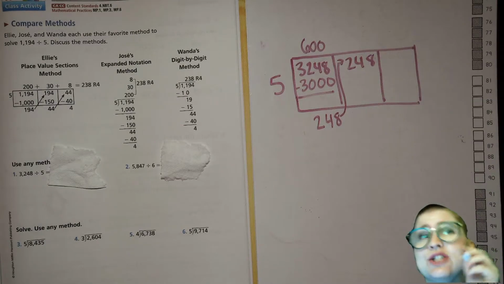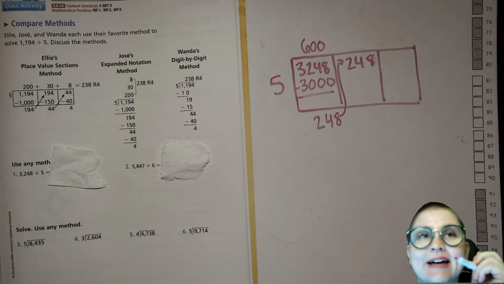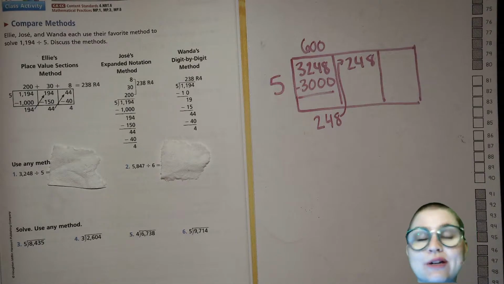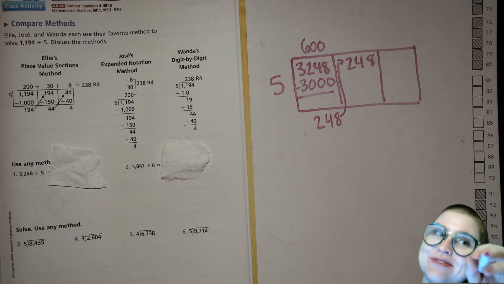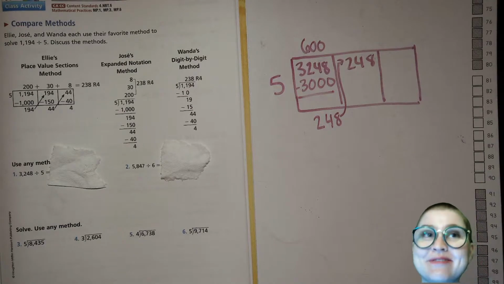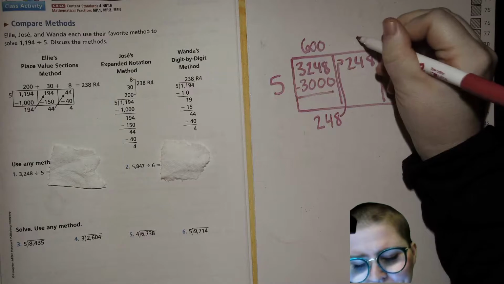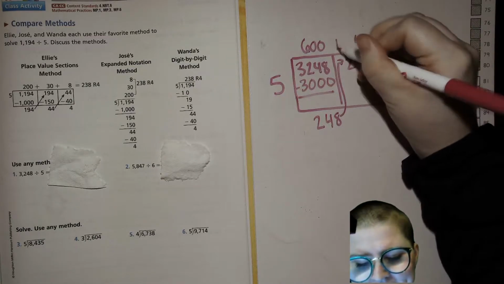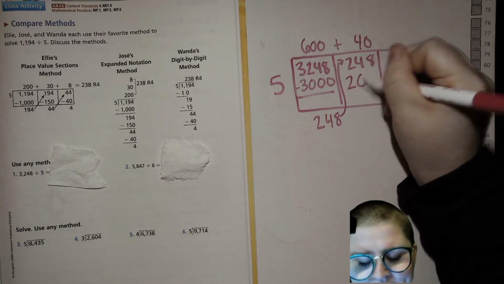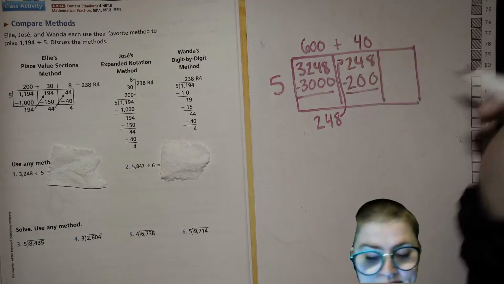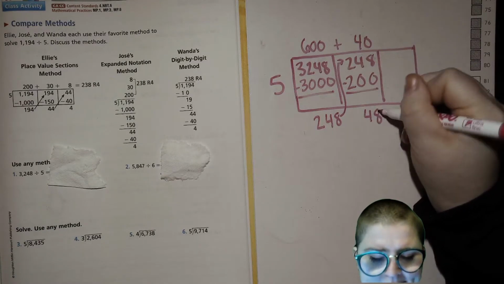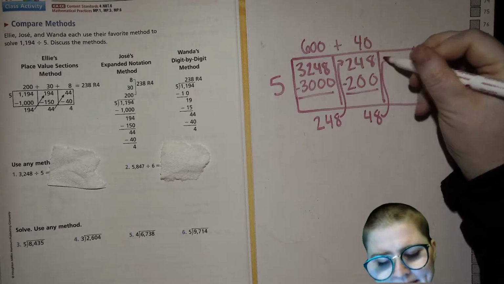How many tens do you multiply by 5 to get close to but not over 24 tens? Not 5, because that would be 25, right? And that's too high, so we'll do 4 tens, which will get us 20 tens or 200, and then we'll have 48. We'll bring that 48 up here,